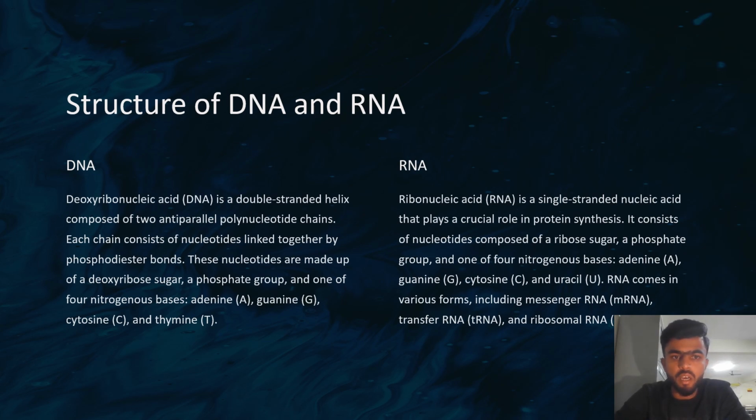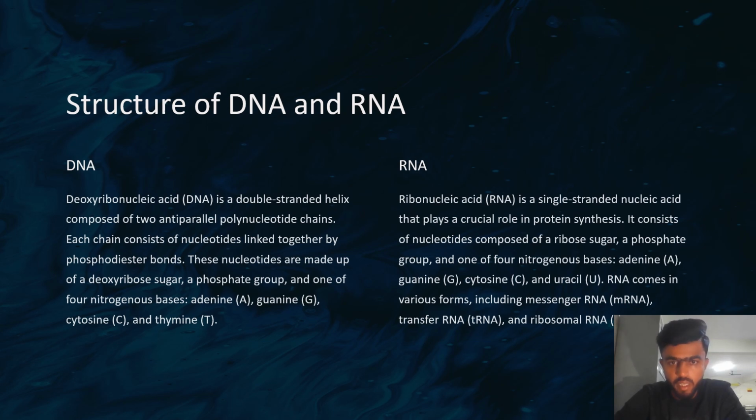Structure of DNA and RNA. DNA, deoxyribonucleic acid, is a double helical structure composed of two antiparallel polynucleotide chains. Each chain consists of nucleotides linked together by phosphodiester bonds. These nucleotides are made up of a deoxyribose sugar, a phosphate group, and one of four nitrogenous bases: adenine, guanine,